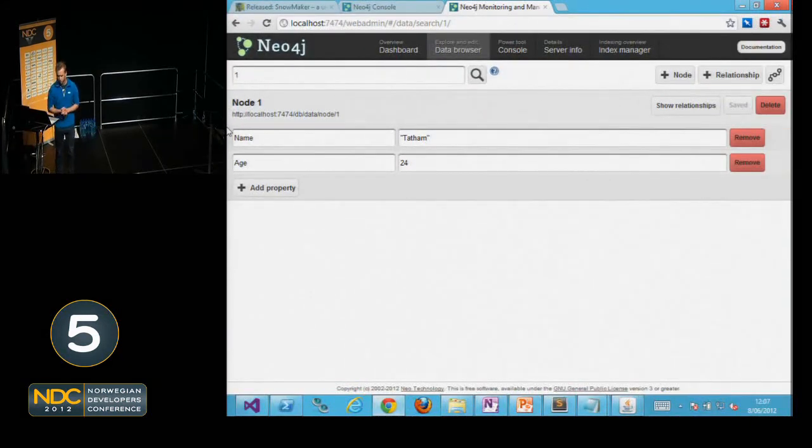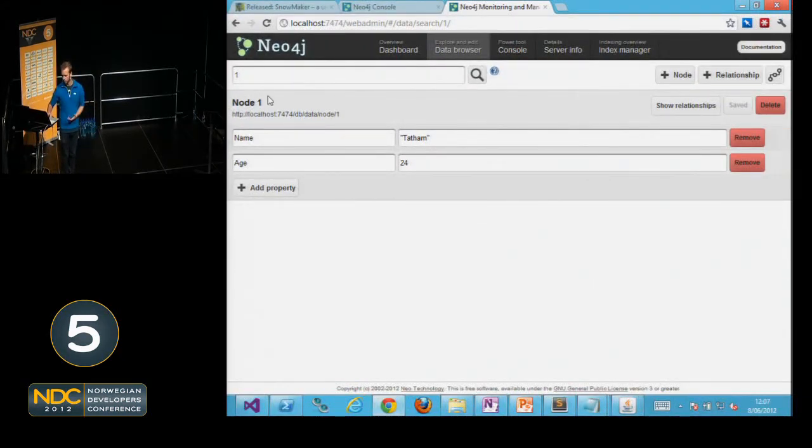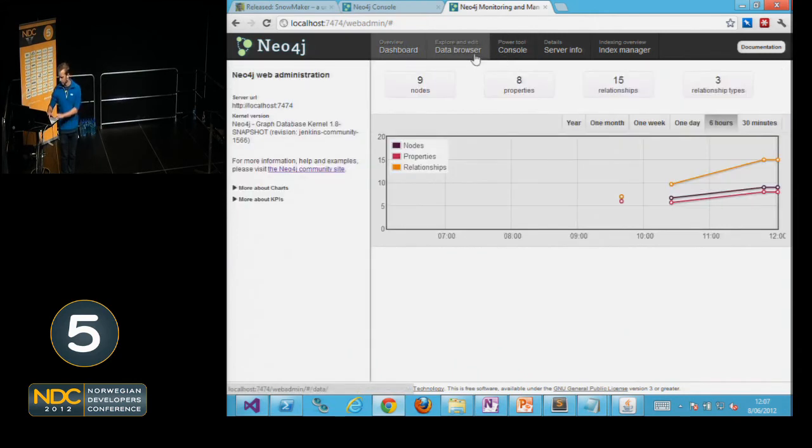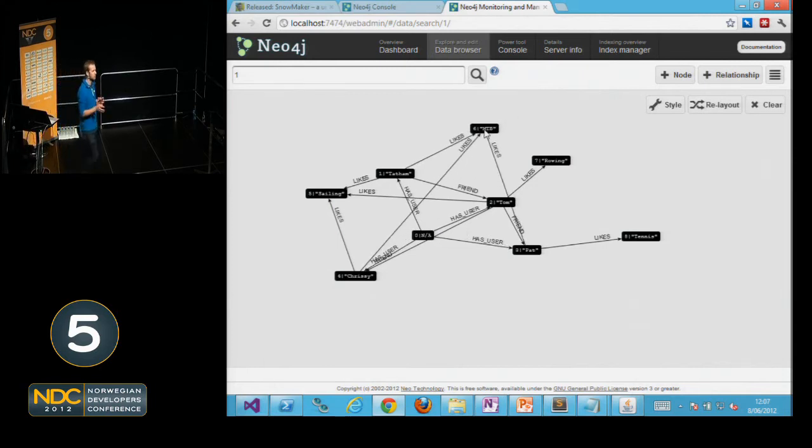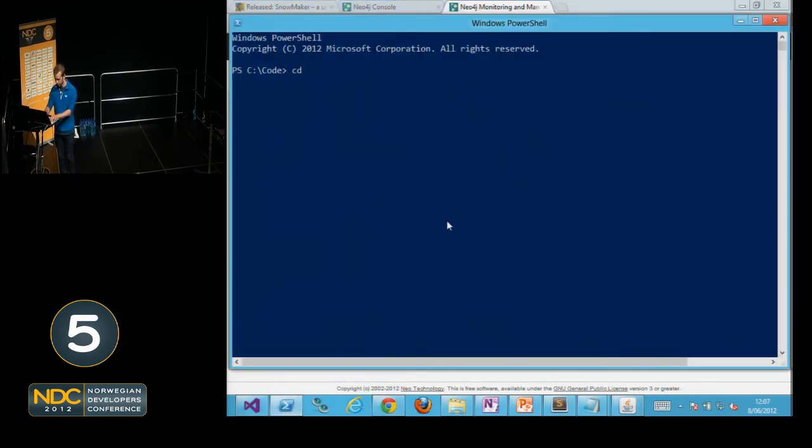So the problem with this, though, is we've started to load all this data into our graph. It's all nice in NoSQL. We can see a little bit of what's going on in our data browser, but I don't have many nodes in here, and it's already starting to get very messy. So how do we actually know what's in the database? We can just go and make stuff up. And this was one of the problems we ran into fairly early on in our project. So one of the things we did, if I go into this one,